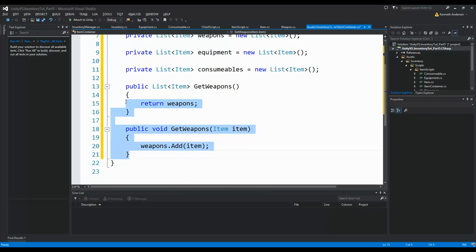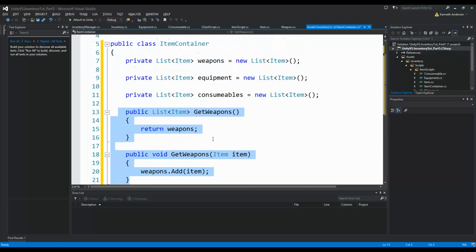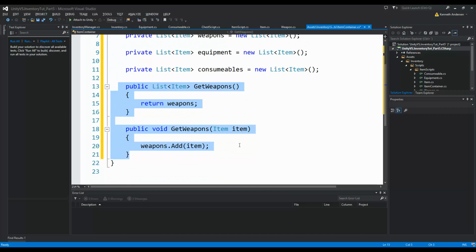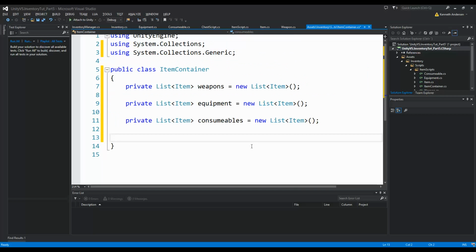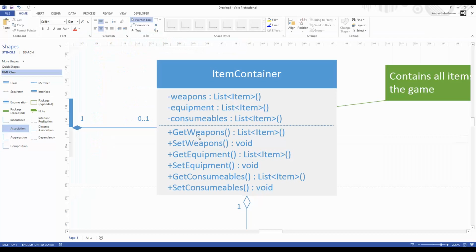So this structure is totally fine, but that's not what we want to do. We want to be able to access it through properties, because we're working in C# and might as well use them. So we can delete this, and instead, even though our UML says getWeapons and setWeapons, we can actually do it with properties,